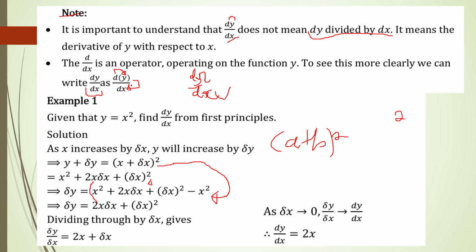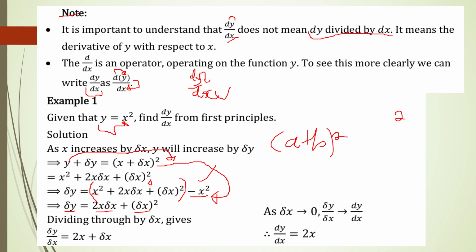So remember that this is the bracket you have expanded, the three first terms. We bring y on our right hand side, and it's going to be minus y. But remember, when you're starting the question, y was the same as x squared. So we substitute for y back. Now when opening up the brackets, you realize that x squared is going to go with x squared, because x squared minus x squared is going to give you 0. So we're going to remain with small change in y equal to 2x delta x